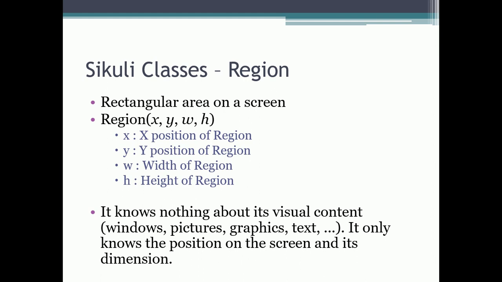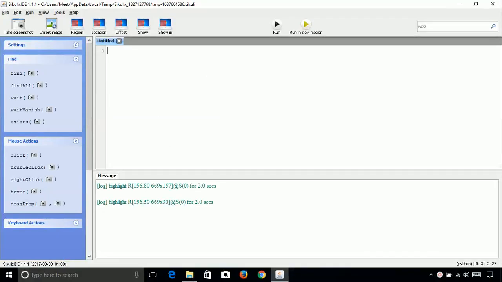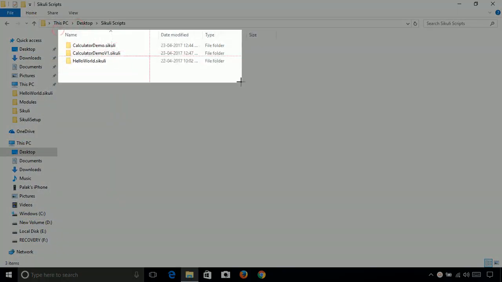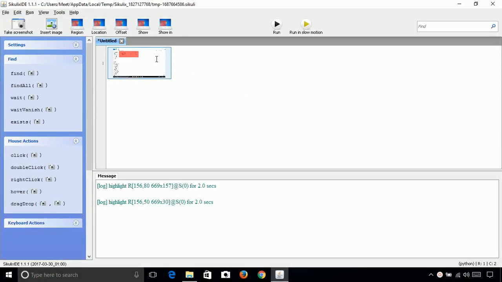So let's see some methods of the region. Let's see how we can define the region and apply different region methods in SikuliX. To define the region, we can use this region button. Let's click on that and select the region, this. This is our selected region, highlighted in red.